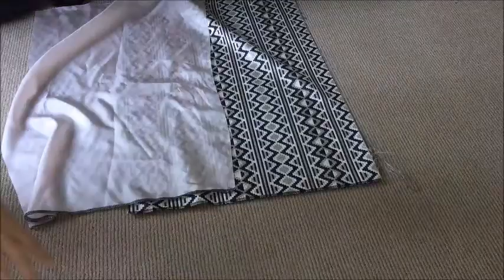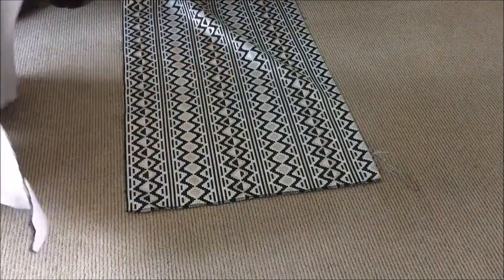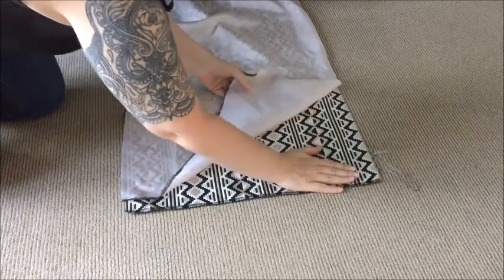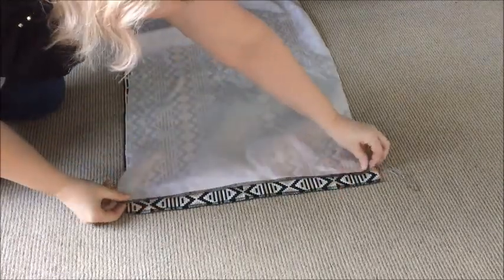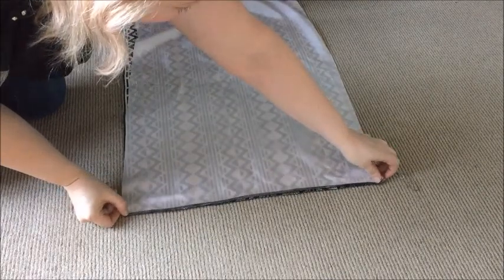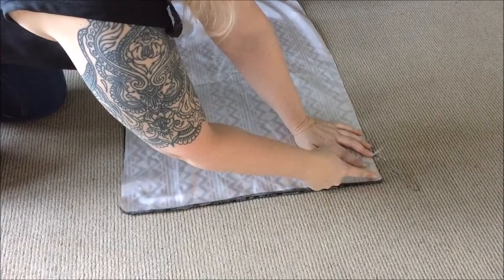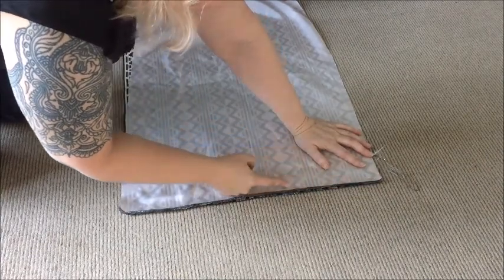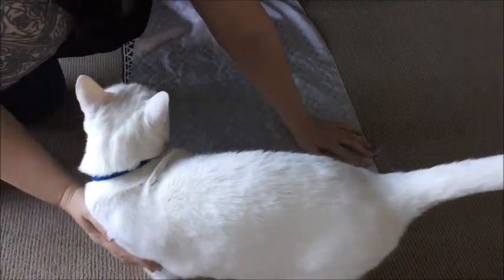Okay, so for our faux seam, we want to place our 2 pieces of fabric right sides together. So this is the right side of this fabric and the right side of this fabric. And we're going to place our 2 overlocked edges together, and we're going to stitch a seam all the way down here, 1 centimeter in, and it's just going to be in a long stitch that we can